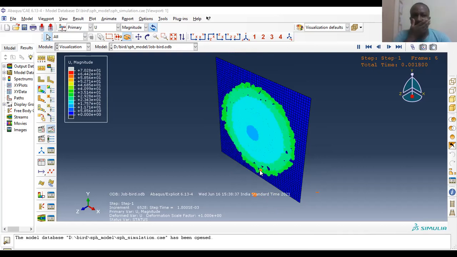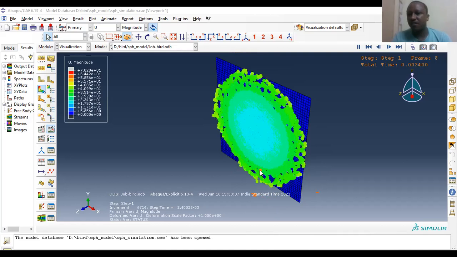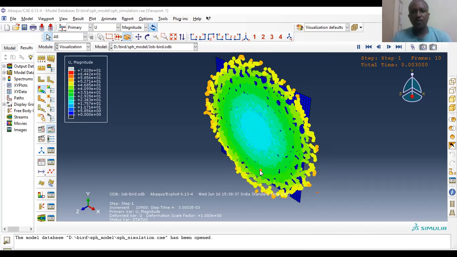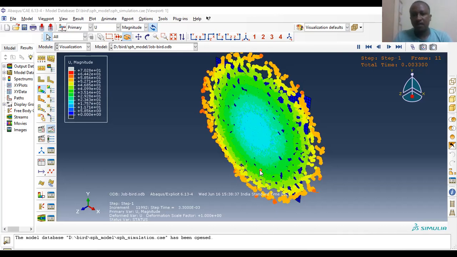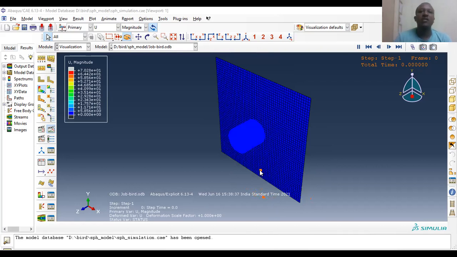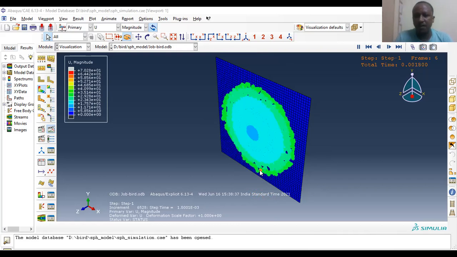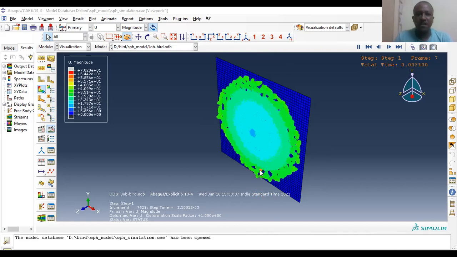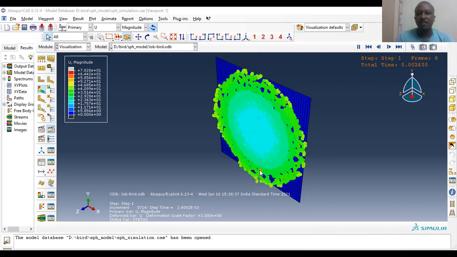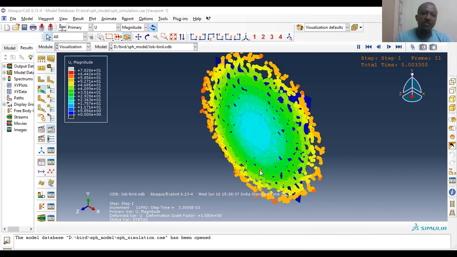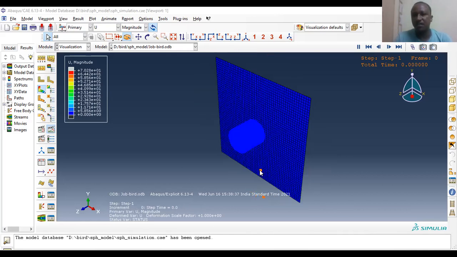In flight, an aircraft encounters a number of impacts, which include ice impact or hail impact, and also bird impact. When an aircraft faces a bird impact or ice impact, a number of damages will happen on the structure. At the same time, the behavior of the impactor also differs from the rigid impactor that we discussed